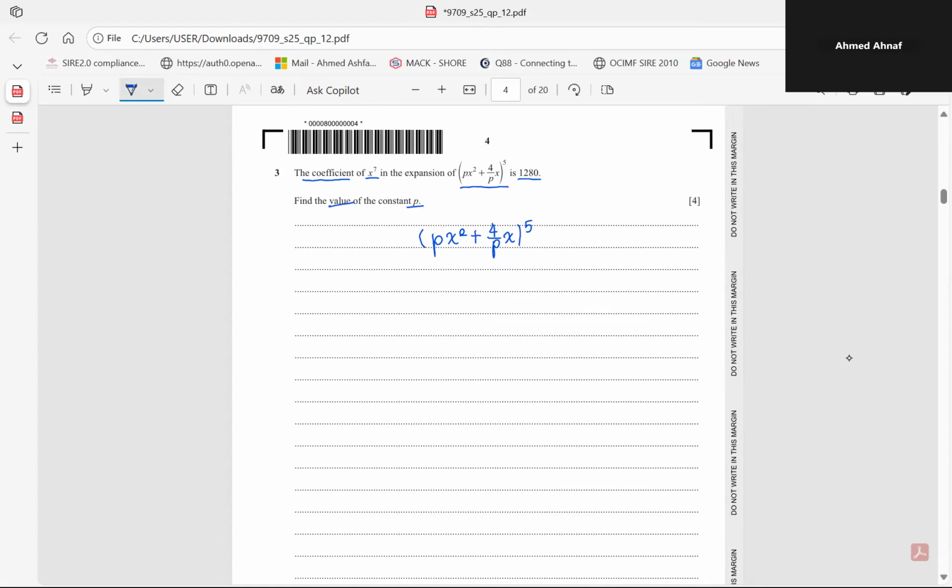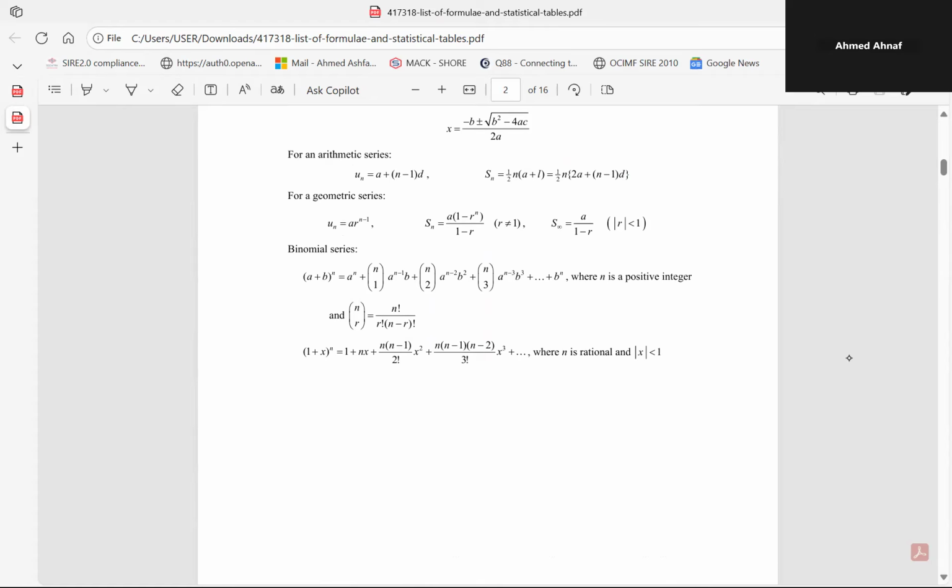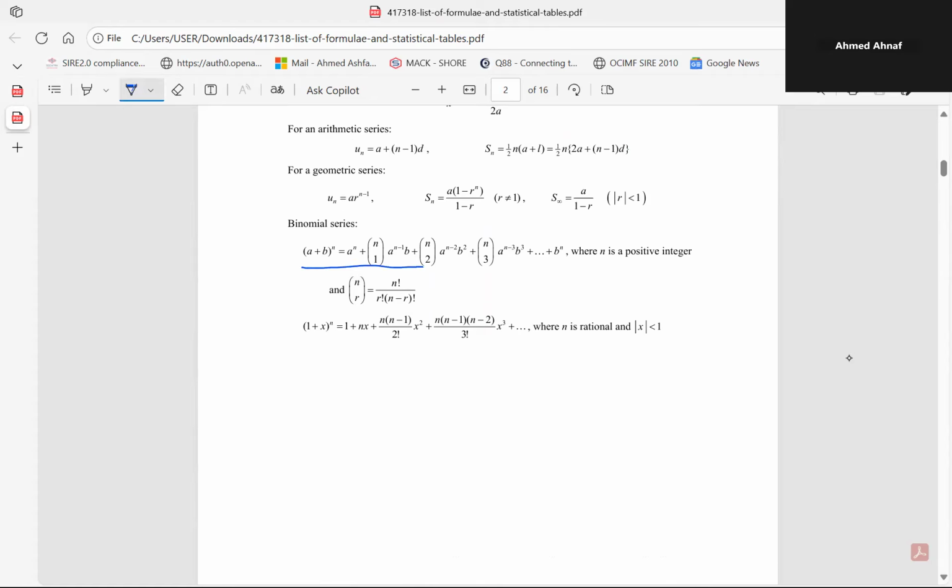And we'll take a look in our binomial series formula, so this formula right here. Okay, so let's take a look at this part of the formula. This formula is for the fourth term of this equation, which equals nC3 times a to the power of n minus 3 times b to the power of 3. So as you can see,